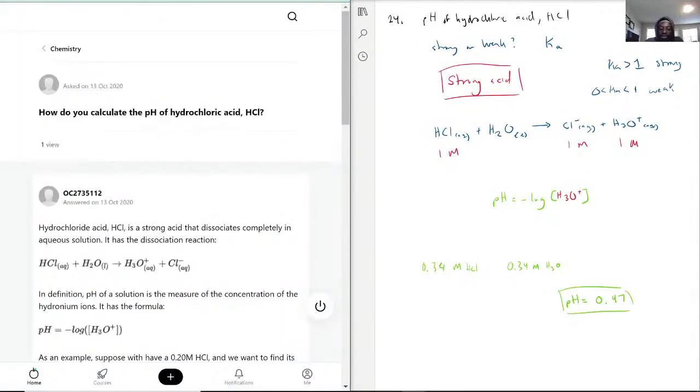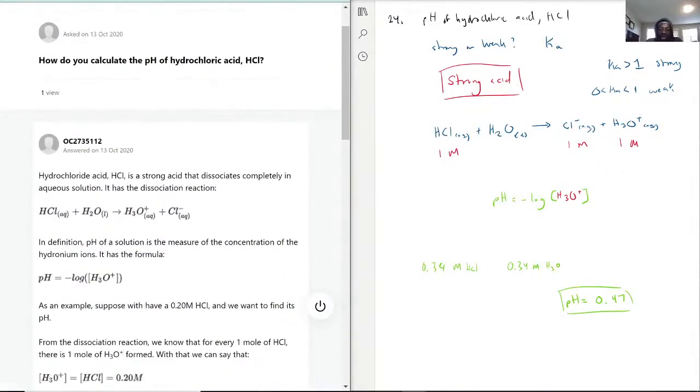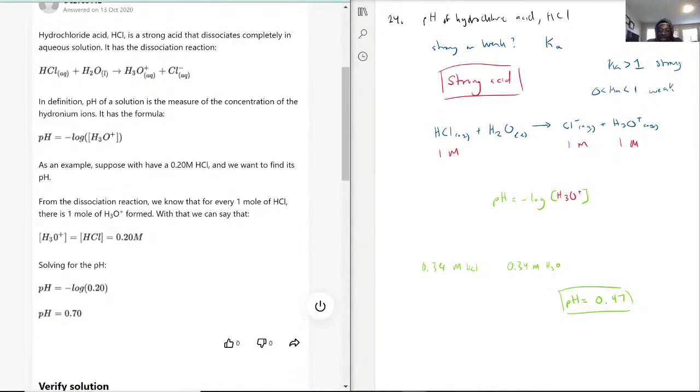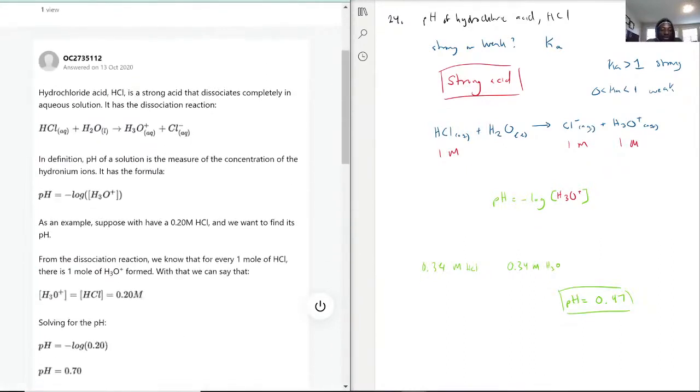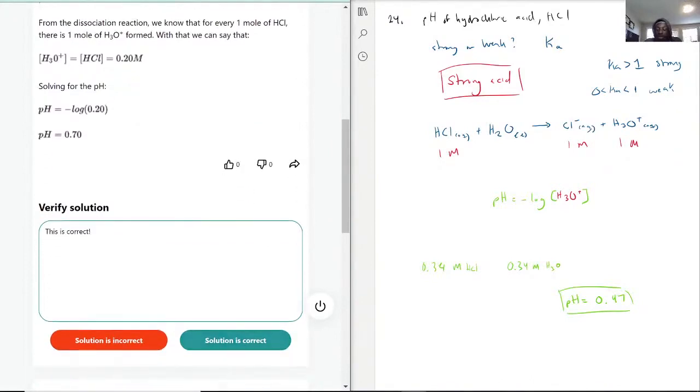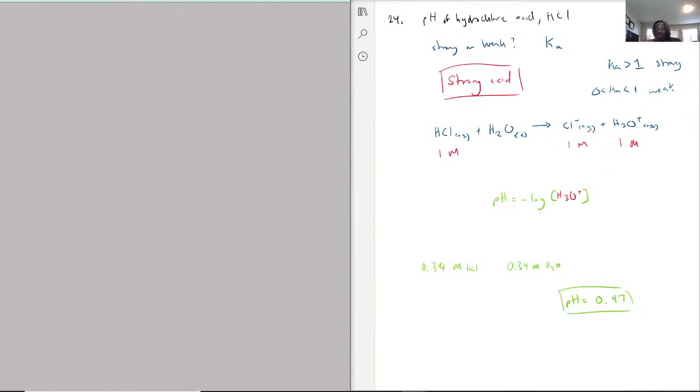Okay, so let's see how we did. Exactly. We had that important formula, which is what we need: pH equals negative log H3O plus. We have the right equation of how it dissociates. And for this one, they used 0.20, and exactly just plugged it in, and it will form that answer they got. If I plug in 0.20, I get 0.698, which just rounds up to 0.70. That is the way you calculate the pH of a strong acid like hydrochloric acid. If the question was asking how to calculate the pH of a weak acid, that is a whole different